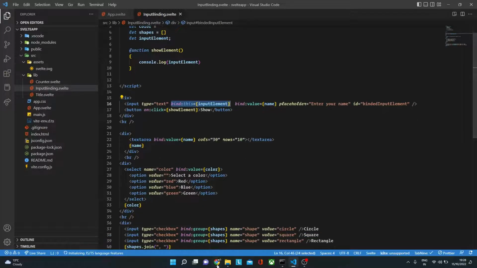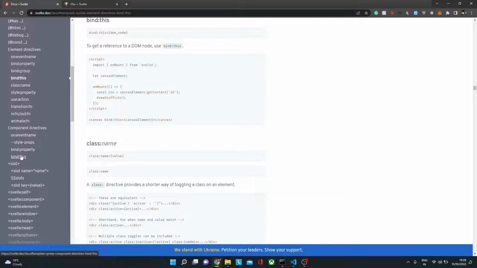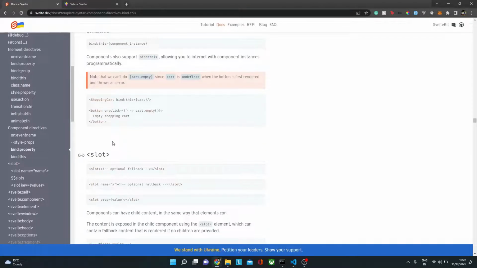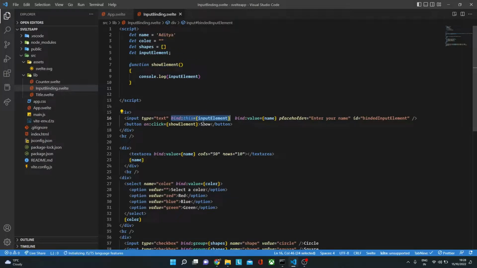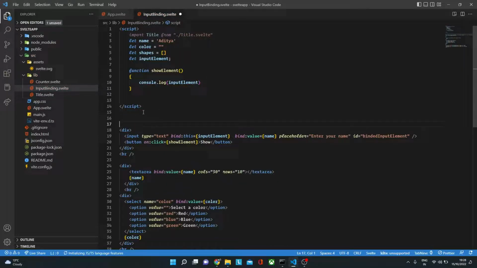Right now, if we go to the documentation again to the bind this property over here, you will see that you can use this for components as well. So let's see what happens when we use bind this on a component. Let's bring in our title component because we already have a component for that. So title from title.svelte, and let's put that title component over here,